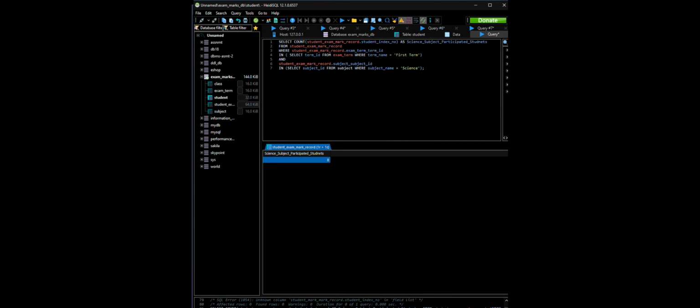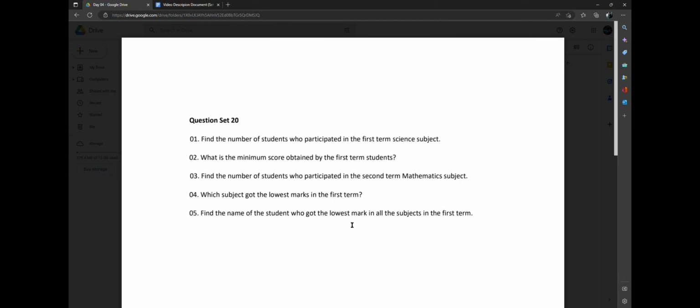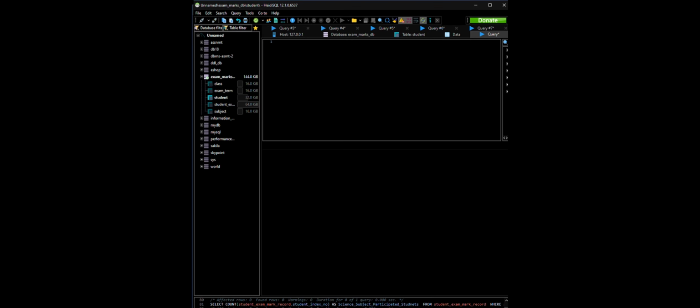Let's move on to our next question. So our second question is, what is the minimum score obtained by the first term students? Alright, so let's answer this in our SQL. So now what we need to find here is the minimum mark from all the students in the first term. So to find this we need to open a minimum function. So when we are opening a minimum function, we don't keep a space in between the contents in the bracket. So student exam mark record dot mark, because we're finding the minimum mark. So we're taking this from the student exam mark record table,